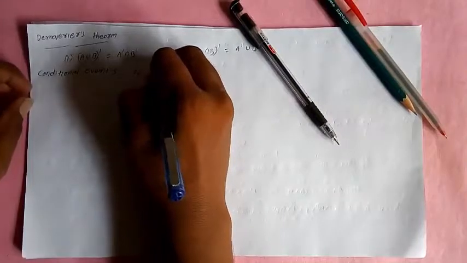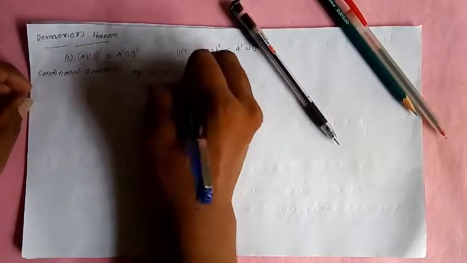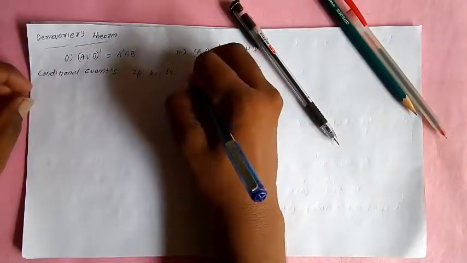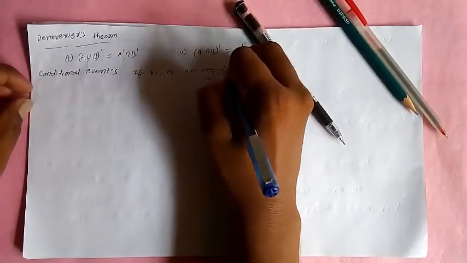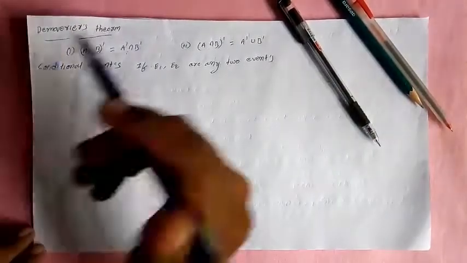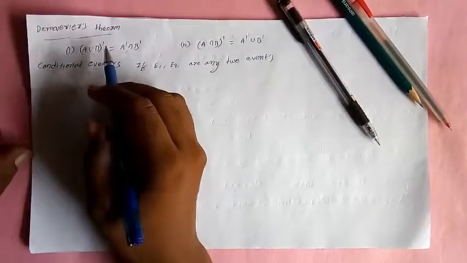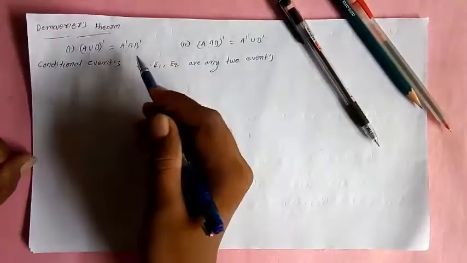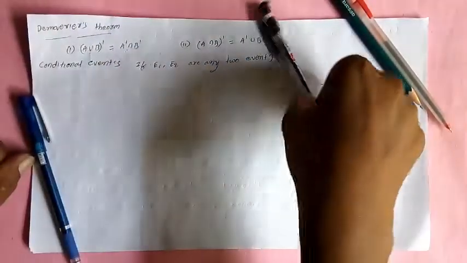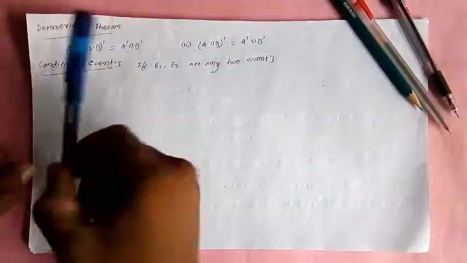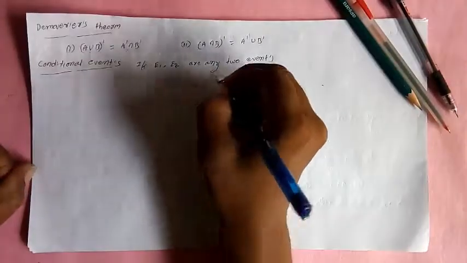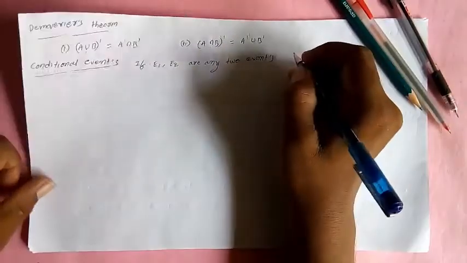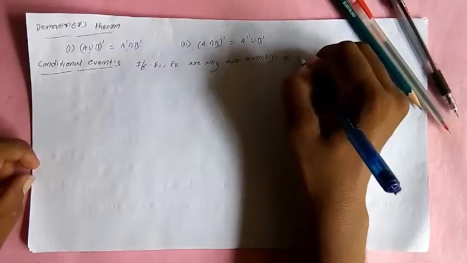We have completed de Moivre's theorem, sorry, we are on conditional events. First, the definition of conditional events is: if E1, E2 are any two events of a sample space,